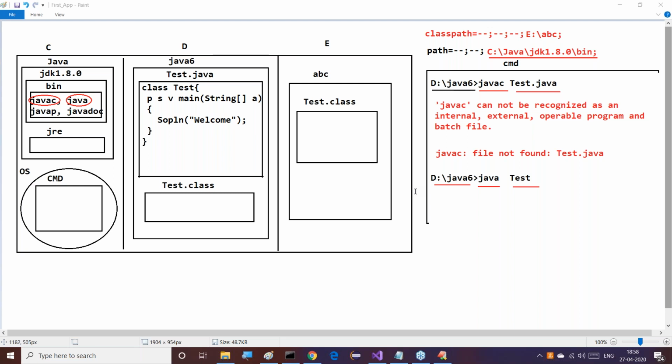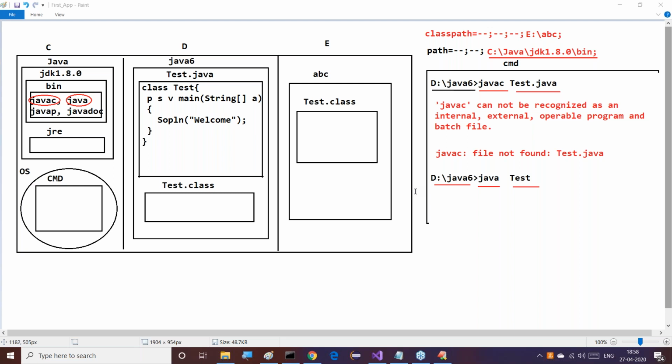I will show this practically, no need to worry about that. But in Java 7 and above versions, what we get is Error: main method not found in class tester. Please define the main method as public static void main(String[] args). If it is Java 6 version, java.lang.NoSuchMethodError: main.